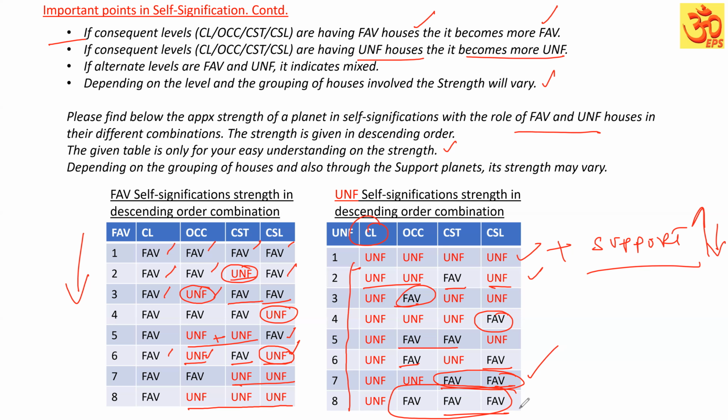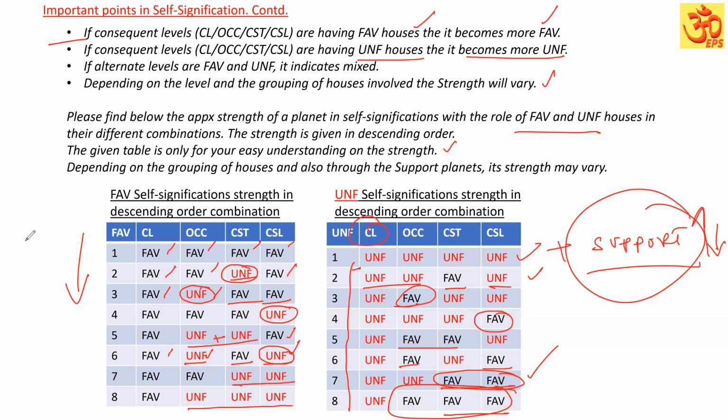I hope you have understood. So this is an approximate idea to know the impact of the favorable or unfavorable houses playing in the self-significations, to get an approximate idea about the self-signification strength. As I said, other than this, the planet in supports also will add some value to this self-signification strength. Apart from that, as we discussed under the important points and rules, if the CL is